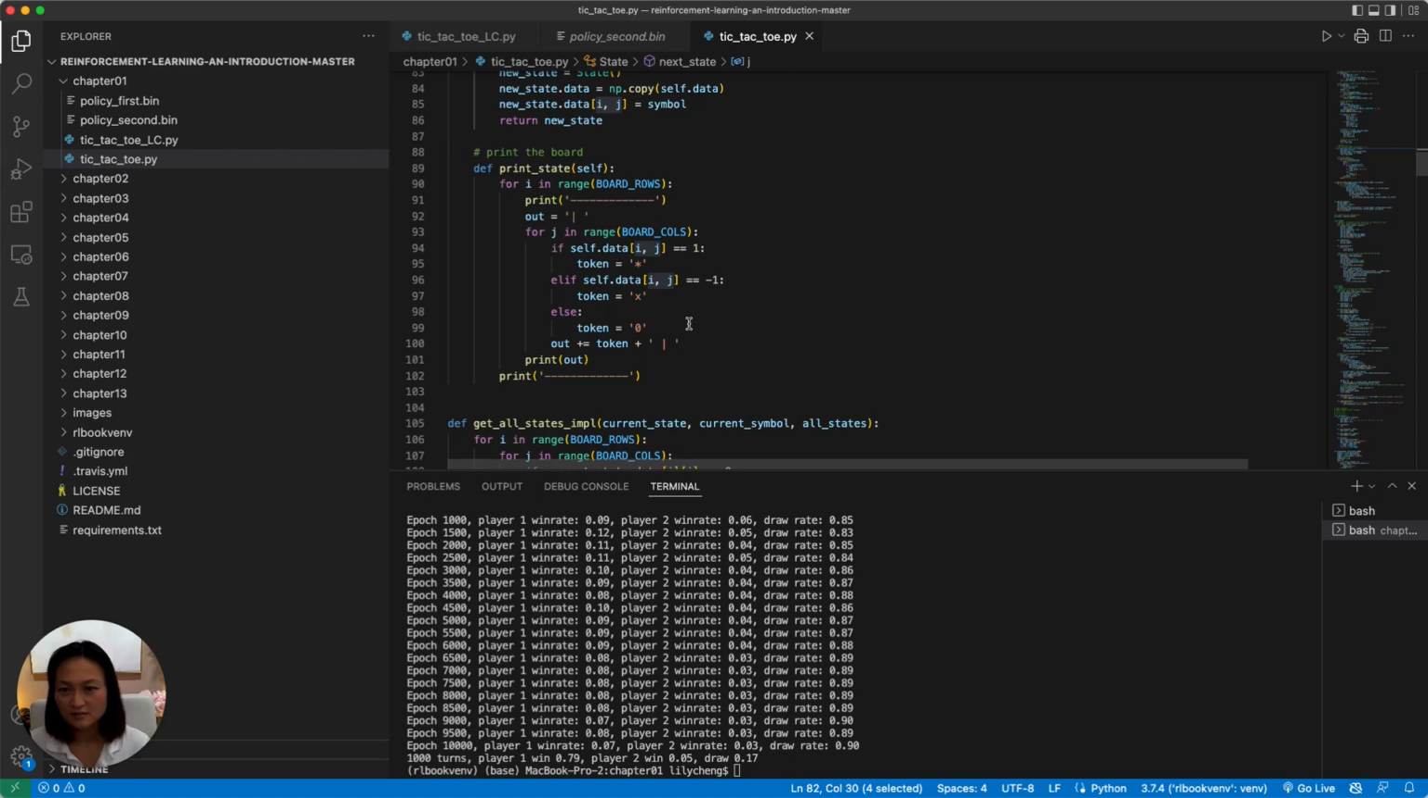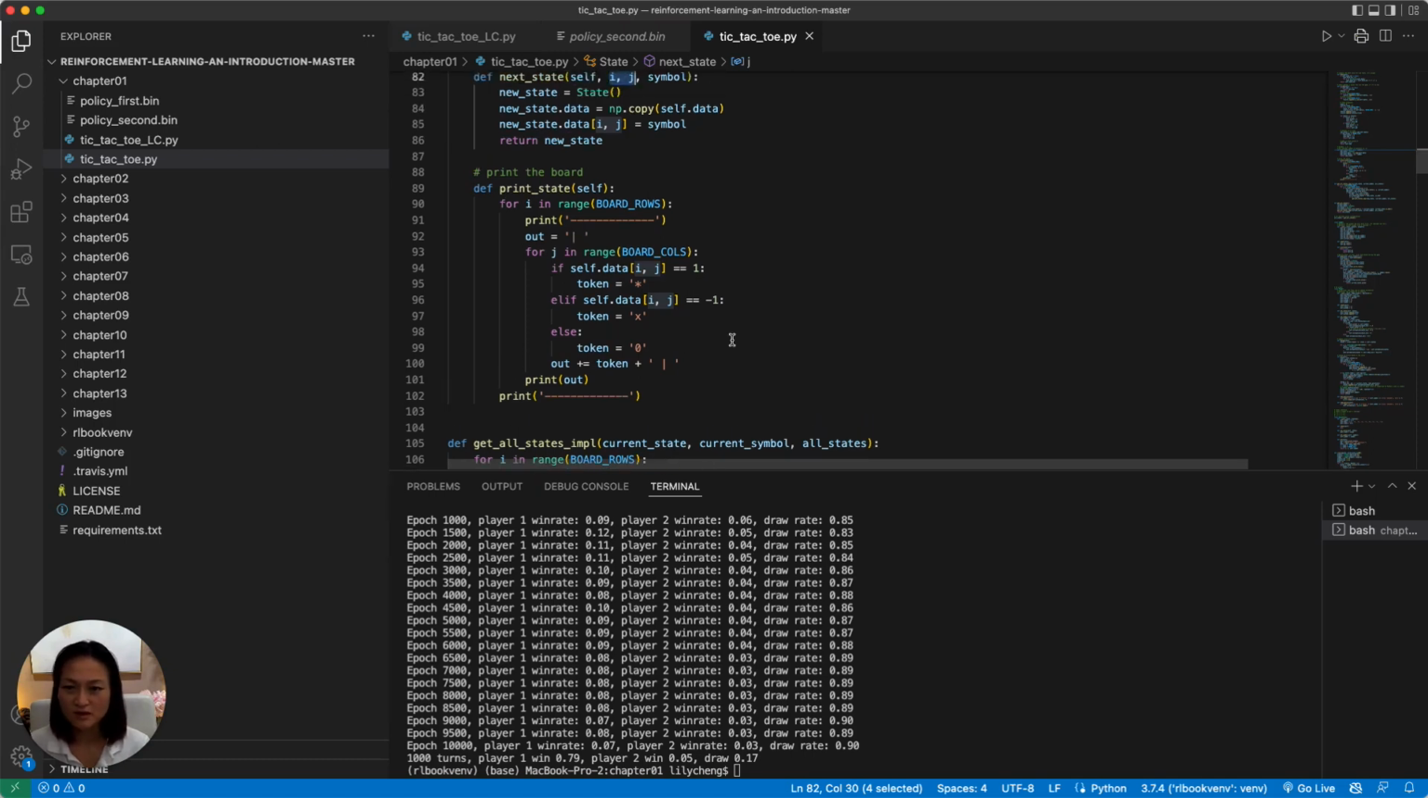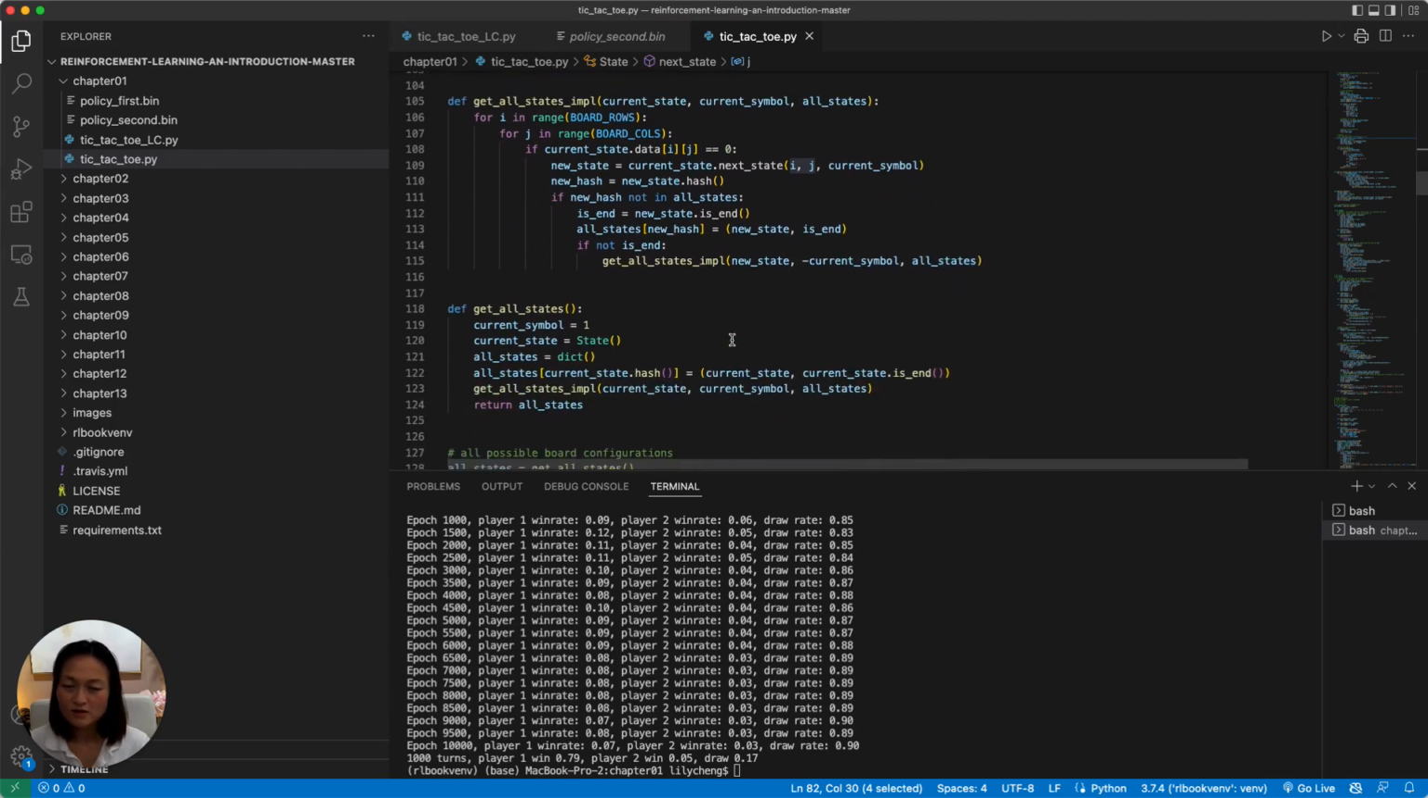And then this is just printing out of the state if we want to see what that looks like. The next 2 functions are run every time this file is run. What it does is it creates a dictionary called all states, and it uses a tree search method to loop through all the possible states that the tic-tac-toe game can possibly be in, create a hash of each of those states, use that as the key of all states, and then the value is a tuple consisting of elements of the current state and then the is_end